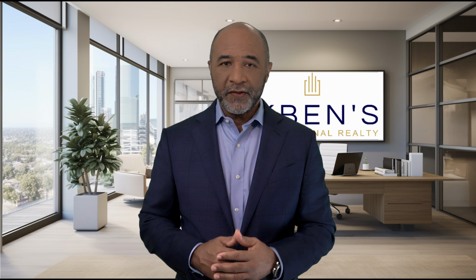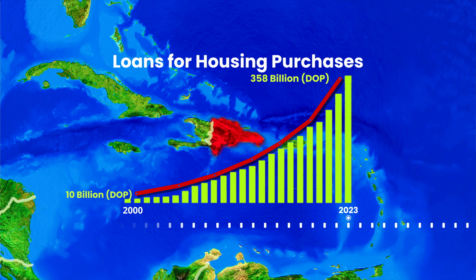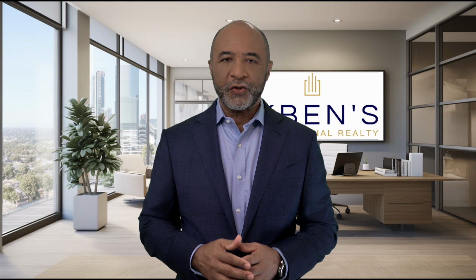Did you know that the residential real estate market in the Dominican Republic is thriving? Driven by strong demand from both domestic and international buyers, it presents ample opportunities for investment. However, to make the most of the real estate market, it's crucial to understand how to invest smartly in the